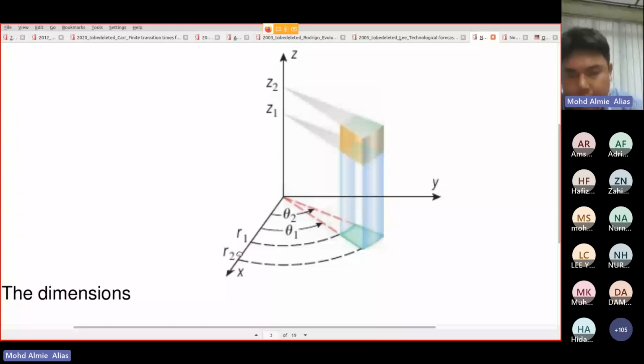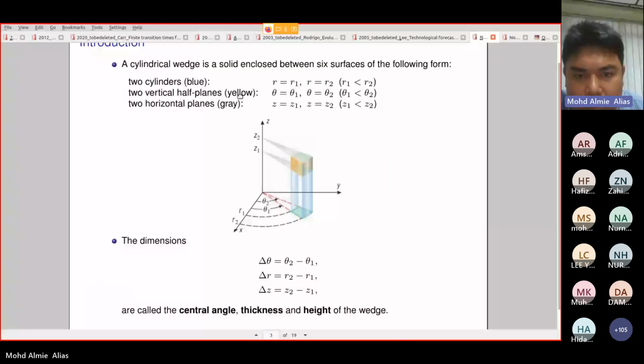Okay, so you just take the small portion of the circle to get the inner boundary and outer boundary. Okay, and then the second one is the yellow color. Okay, which is this one, and the other side you get another one. Okay, this is actually the vertical half plane. Why is it a half plane? Because